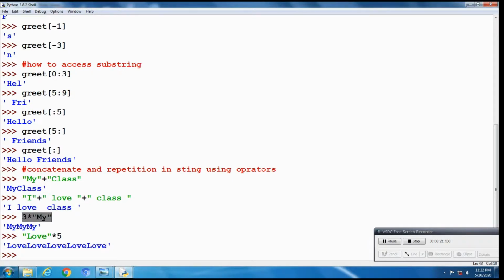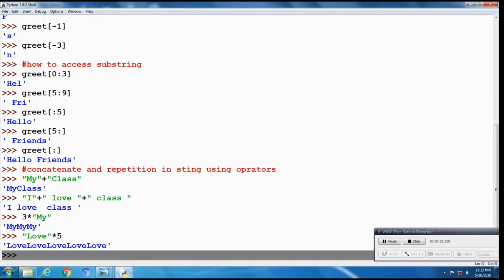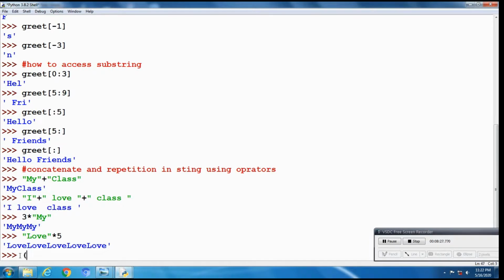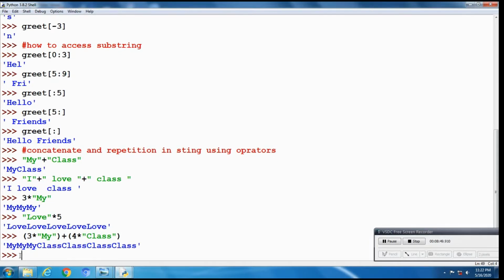Copy, then open the bracket, close the bracket, plus, in an open bracket, 4 star, and we have to give it in inverted commas. Every time a string should be in inverted commas. Then our output is 3 times my and class 4 times.